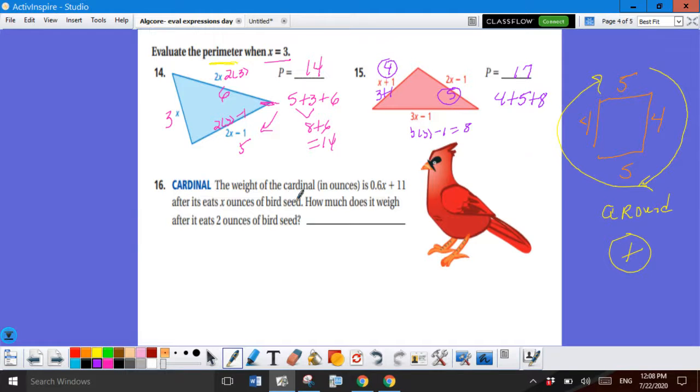Okay, the weight of the cardinal in ounces is 0.6x plus 11 after it eats x ounces of birdseed. How much does it weigh after it eats 2 ounces of birdseed? Well, this is saying let x equal 2. So if I take my equation, I'm going to replace the x with 2. So 0.6 times 2,